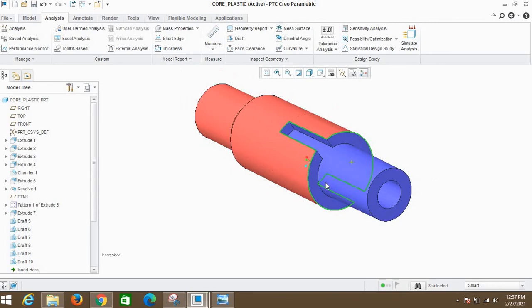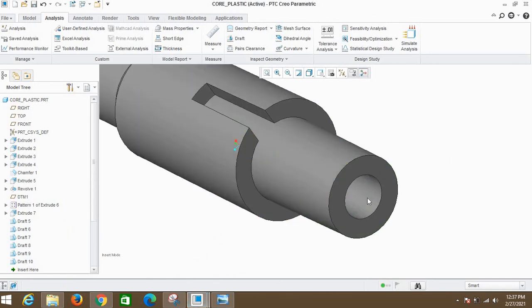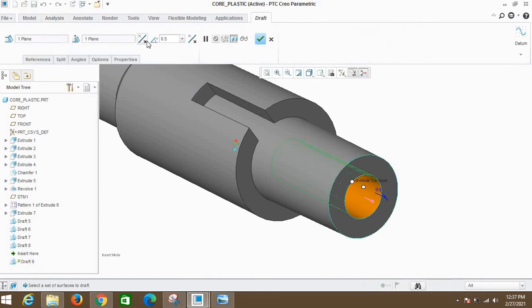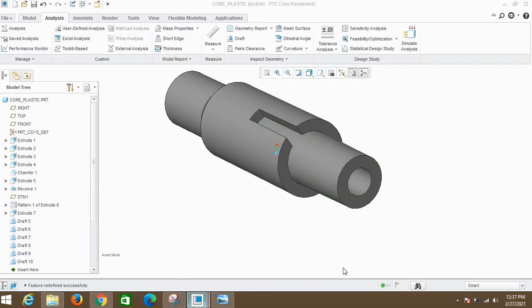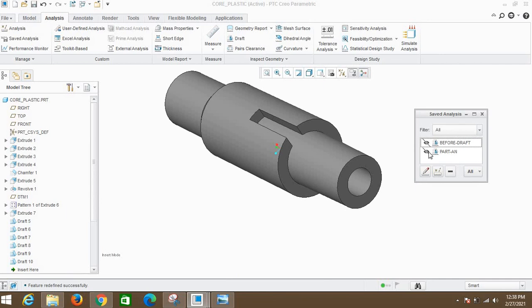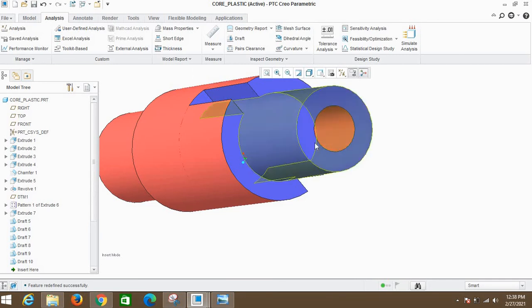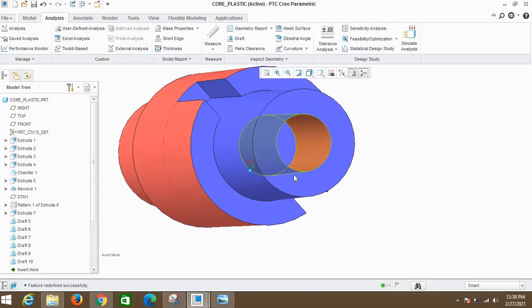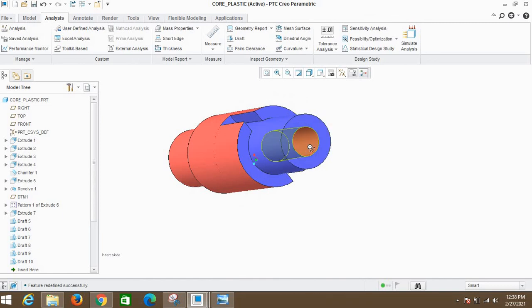Okay, and I just said positive draft and negative draft. If I modify this draft and shift the direction, okay, again I will just go into the draft and hide this. See, in the blue color area, this red color is appearing here because of what? We just shifted the draft, so a negative draft is there. So this comes under the undercut. This is called an undercut.